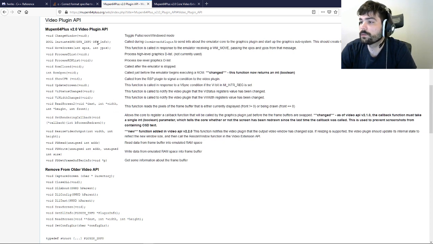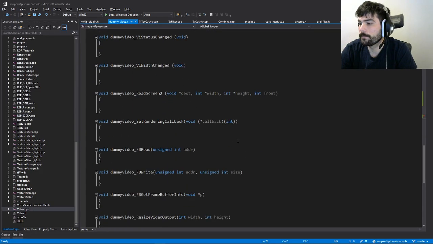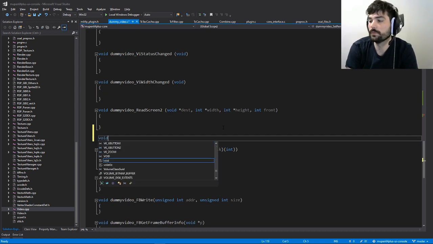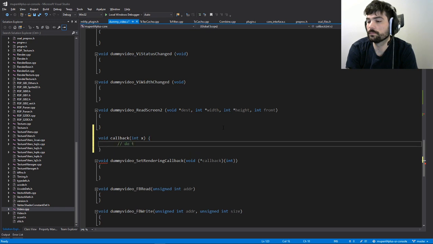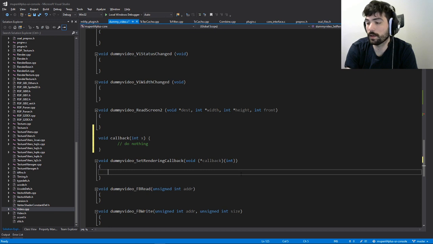So the only thing that we're doing is, how do you set up a callback function? Set rendering callback. Allows the core to register a callback function that will be called by the graphics plugin. It must take a single Boolean parameter. Okay. Here we are, set rendering callback. So we've got to set that to something. Do nothing. And then we'll just say callback equals